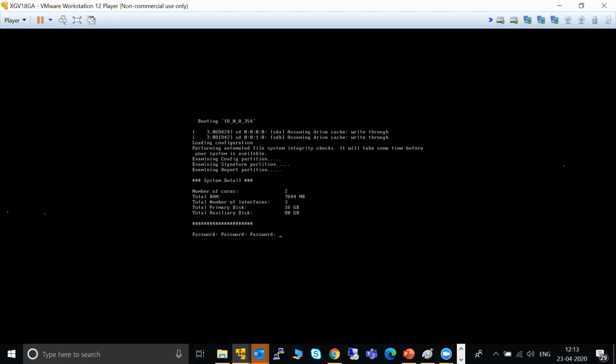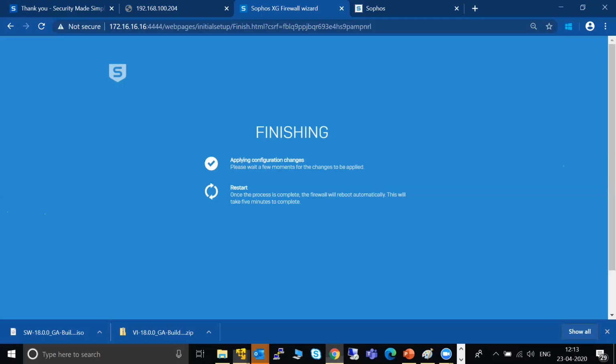Otherwise, if you just want to see the GUI, or your customer wants to visit the GUI, go to the Sophos demo site, which is demo.sophos.com. Obviously it's HTTPS, and the username is demo and the password is demo.